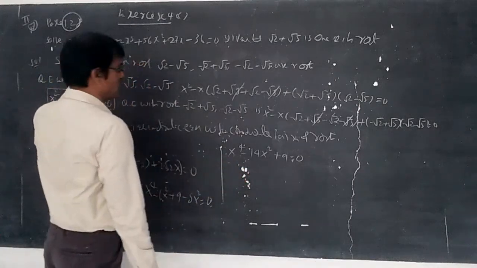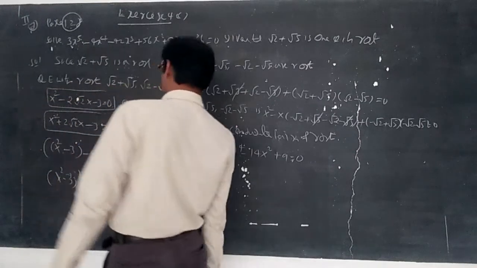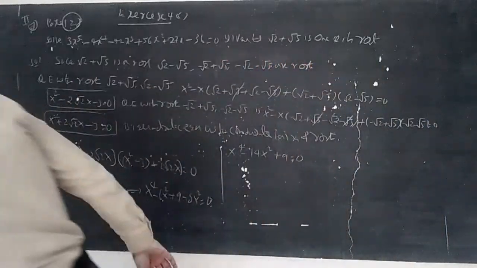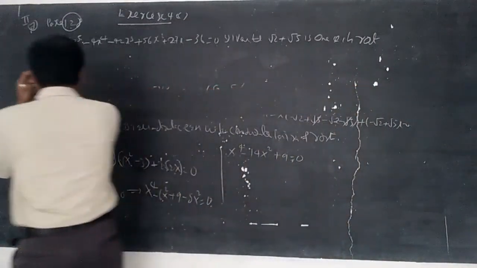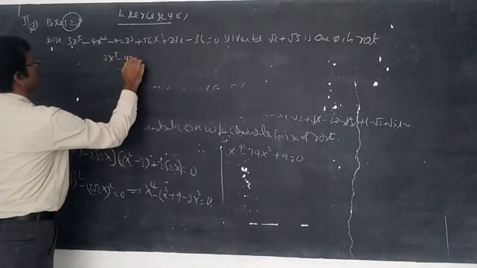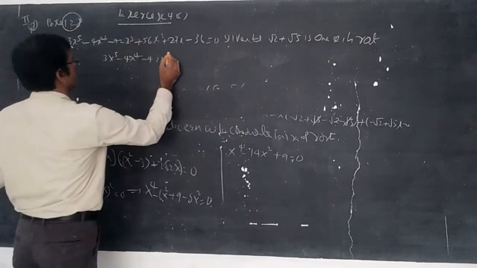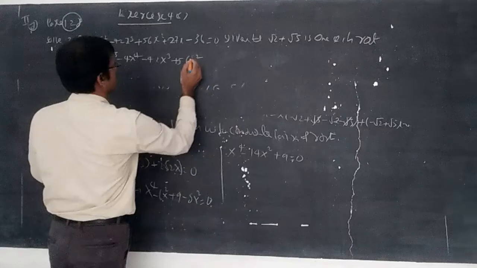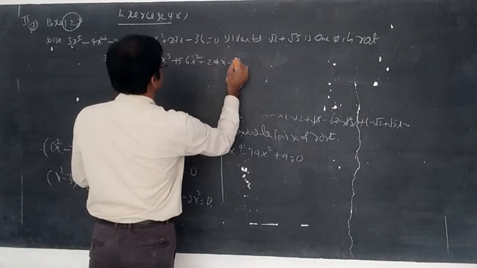We should calculate the other root. So the roots are okay. Now we should divide with this one. Biquadratic equation factoring is not possible, so dividing in the old method. See the question: 3x power 5 minus 4x power 4 minus 42x cube plus 56x square plus 27x minus 36.